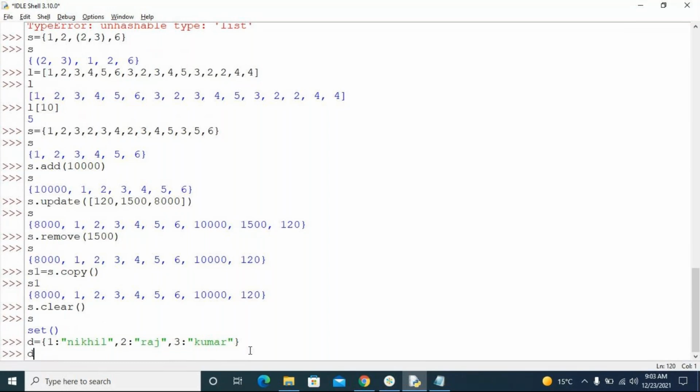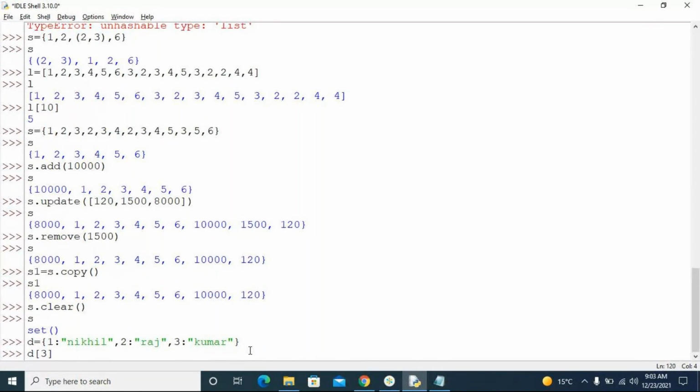The retrieval in a dictionary is not based on the index, but on the key. If I say d of 3, d of 3 is not the index 3, it is d of key. d of key will give you the value of it. So in a dictionary, what you need to remember is, if you know the key, only then can you retrieve the value.